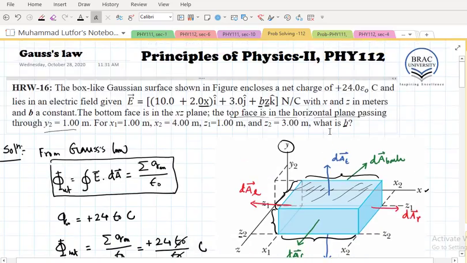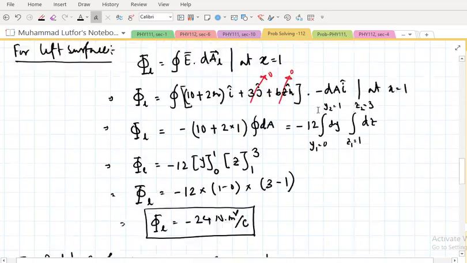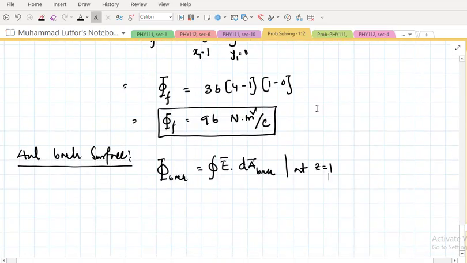This is actually the case when z is basically 1, I'll find out that back surface. So fine, I'm going to put that this will be phi back would be